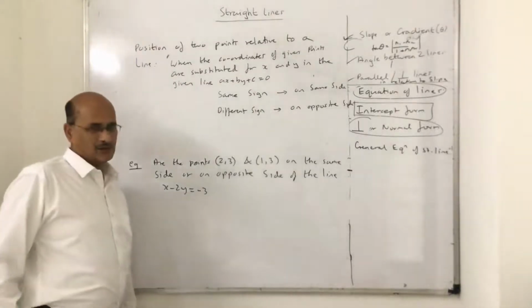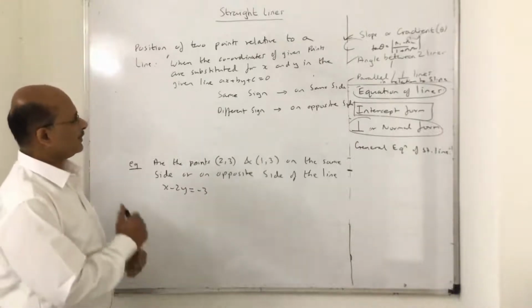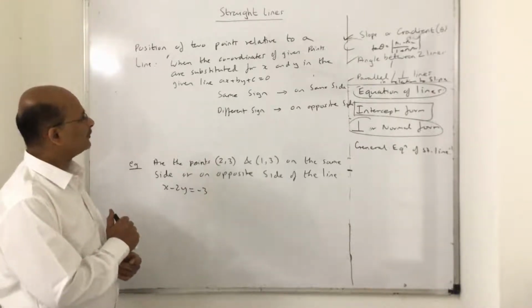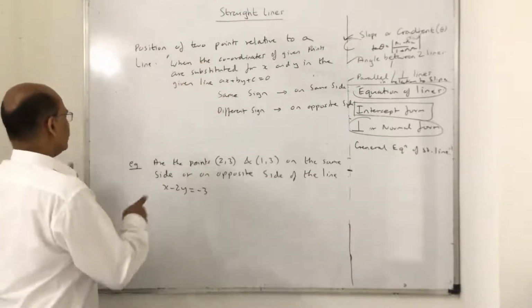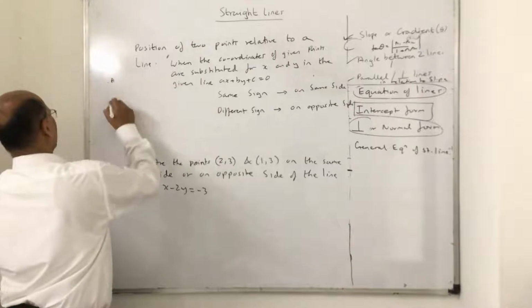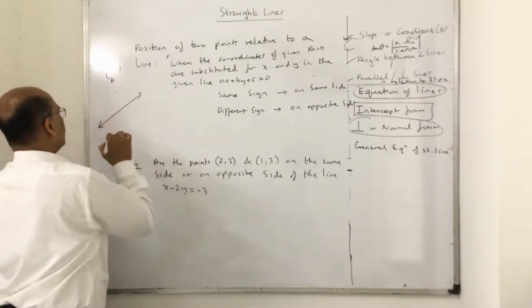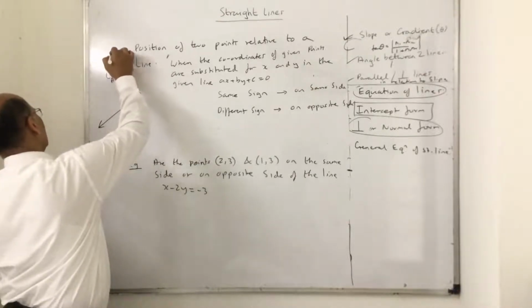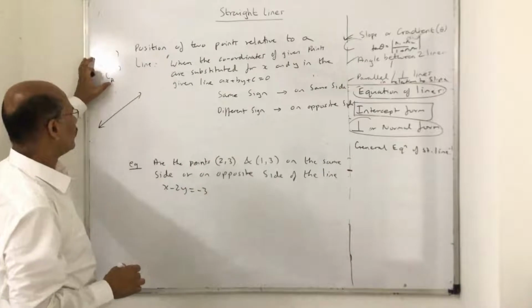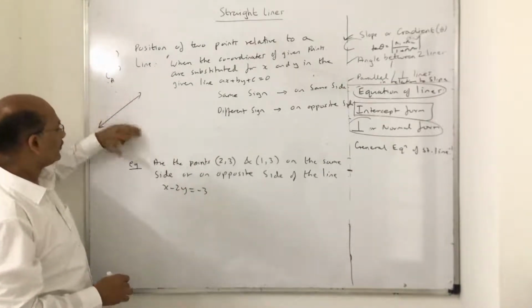Okay, children, this is also a small pocket concept, not required to be explained in detail. Just understand how to get the position of 2 points. Suppose a point A is given to you, some point (x, y), and a line is given to you. Now, suppose there is one more point given to you, say B. Now they want to find out whether the points A and B lie on the same side of the line or on the opposite side of the line.